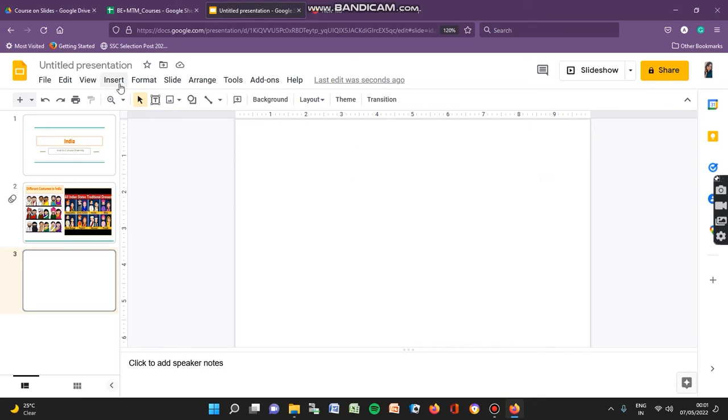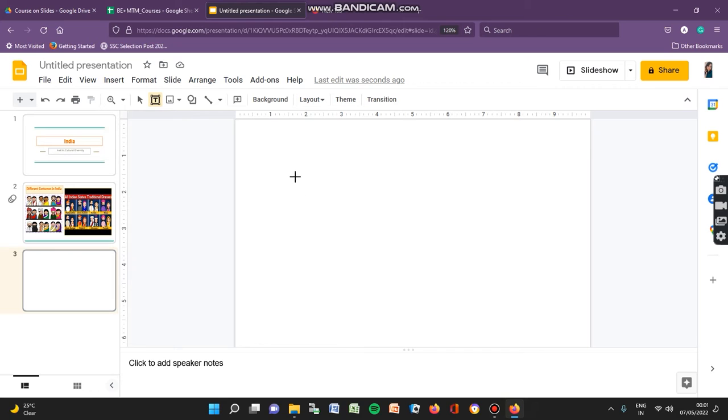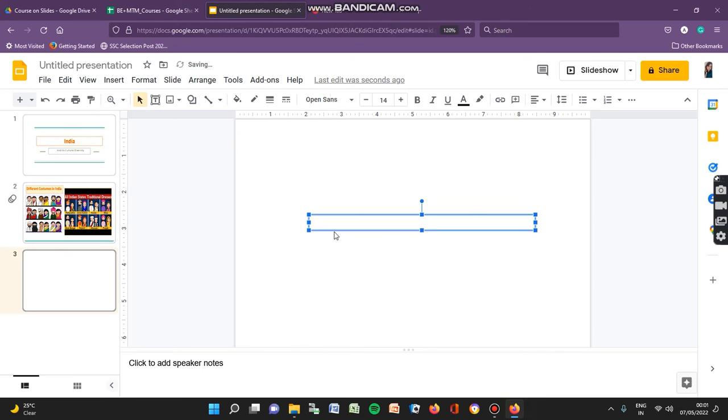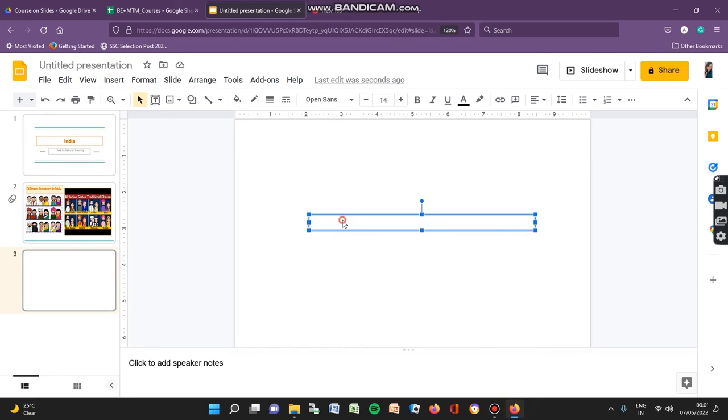So in this scenario we will go to this insert option, we'll select this text box, and as you can see, as soon as I select the text box option, here is the plus sign, and when I make it big, here is a box, and in that box you can write whatever you want. So insert and then this text box option, and you can write whatever you want to write. Let's write thank you,